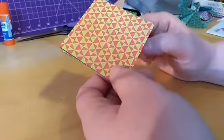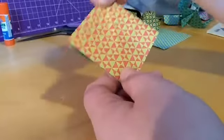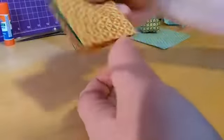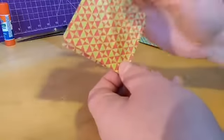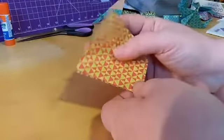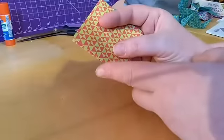A lot of the moves are the same, depending on what you're doing. So what we're going to do is we're actually going to turn this upside down so that I have the closed end facing towards me and the open end facing away from me. So this is the open end, as you can see. And what we're going to do